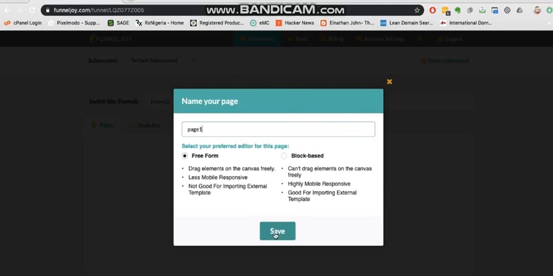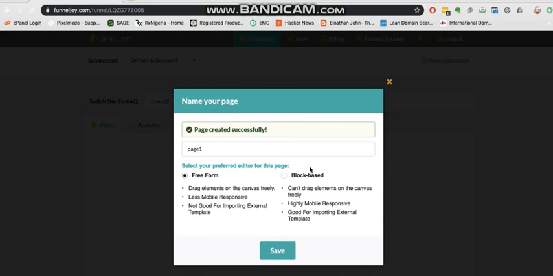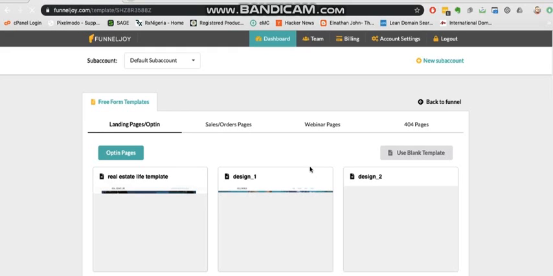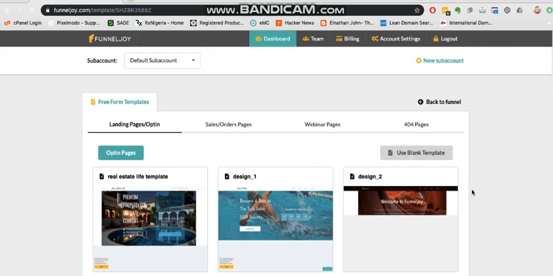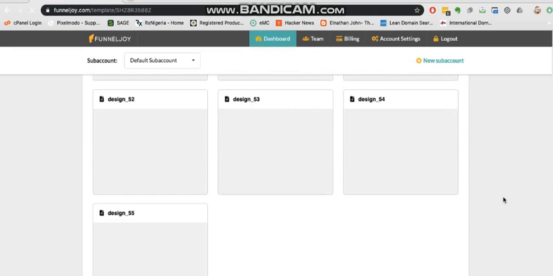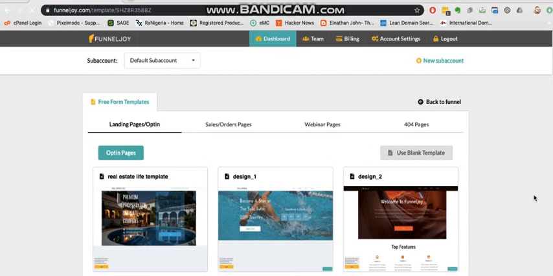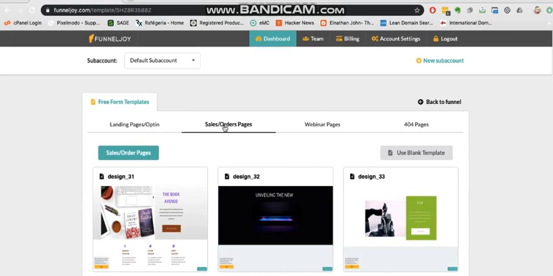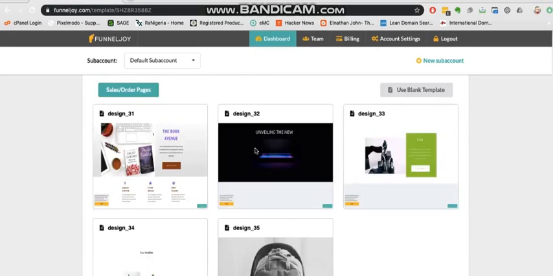So the way to do that, page 1, and I pick freeform editor, I save that, and I'm taken to the templates. So these are lists of templates that we have within the software. We're adding more every day, and you can either pick one of these templates or you start from blank. Now we have different types of pages that you can create within Funneljoy: landing pages or opt-in pages, sales order pages, webinar